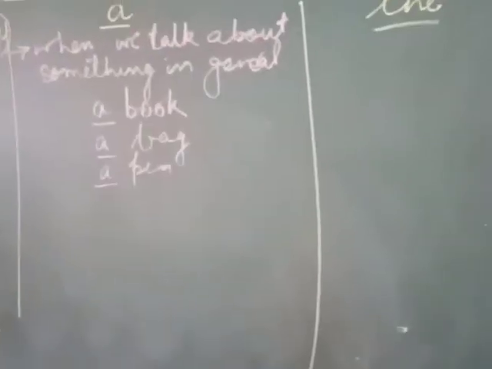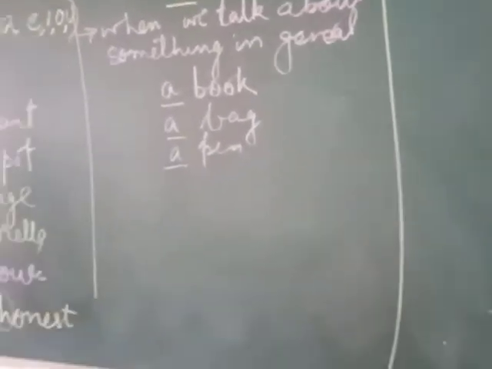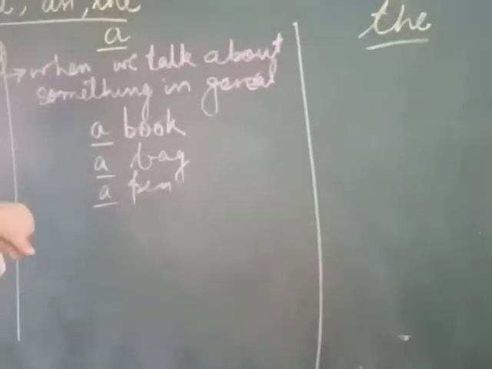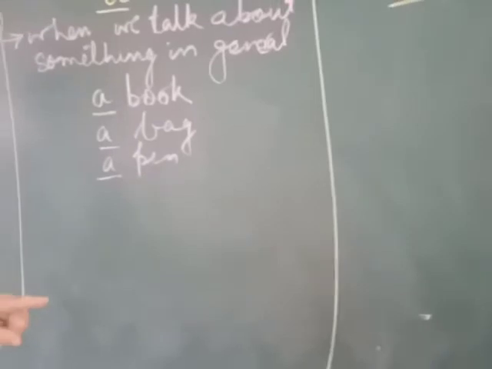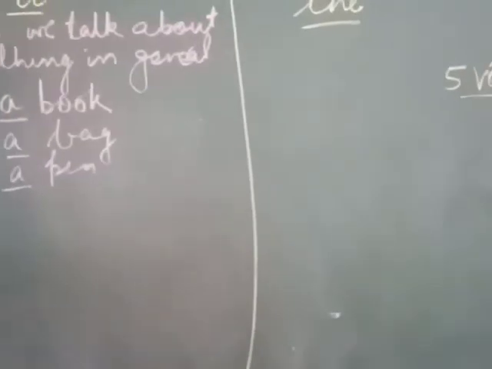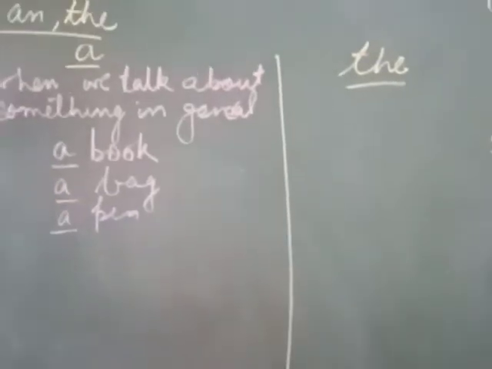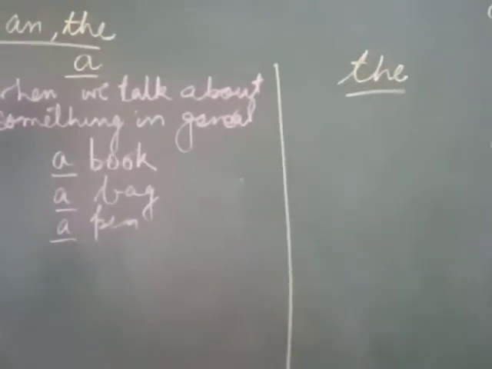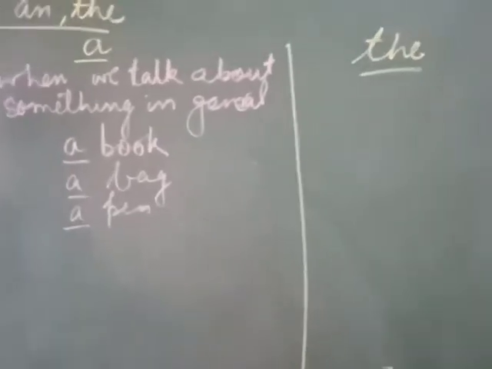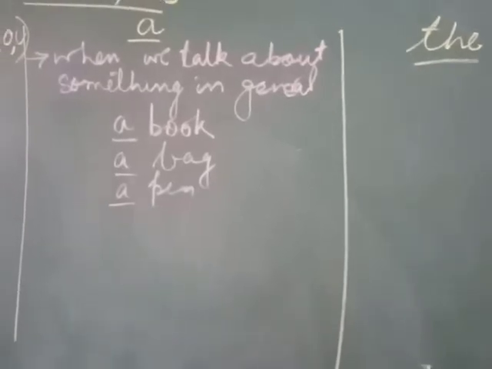One more thing, keep in mind that A is used when there is one thing. It is used for one. I cannot write a books. A represents one. And when I am talking something in general, it is a book. I went to the library and I asked, Madam, I want a book. I will not say I want a books. I will say to the shopkeeper, I want a bag. To the stationery man, I say that I want a pen. So, this is when we are talking something in general. Like one more is there, a ship.